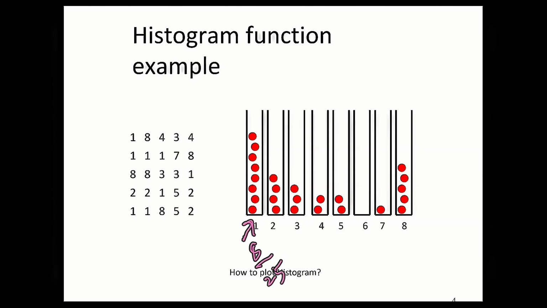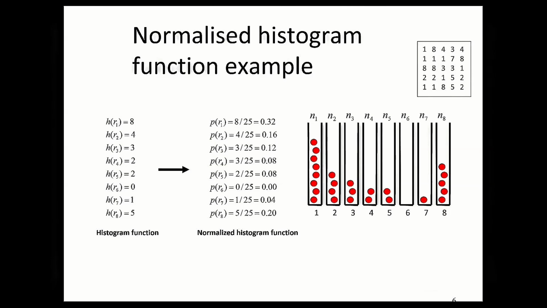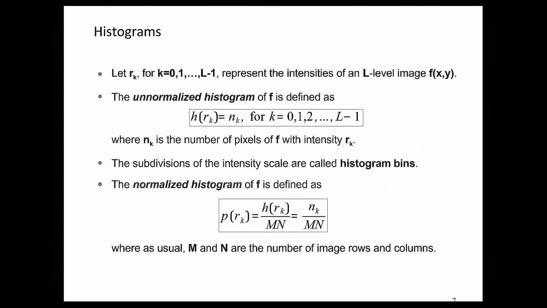This is my probability of pixel 1 in the end, and the sum is 1. So if I do the same thing, I will get the probability for the first pixel, second pixel. We get the whole probability. If I just sum them up, I will get 1. Now, what we did, either we can have an unnormalized histogram where we just have the number